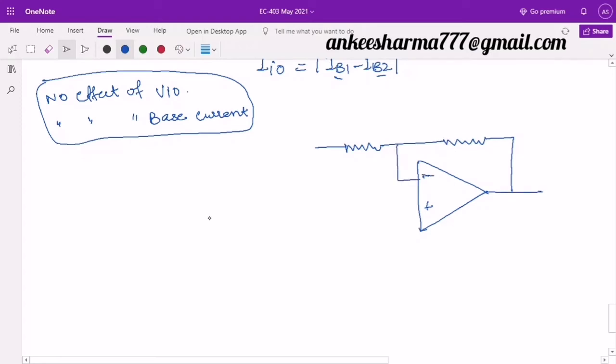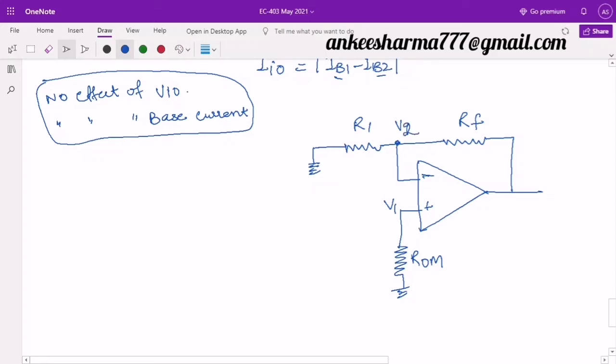This is the inverting one. This resistance is RF. This is R1. This is ground. Let this voltage be V1, and this is the voltage V2, where R2 has now been connected with a minimizing resistor that is equal to ROM. Right, and this voltage was V1. This was V2.